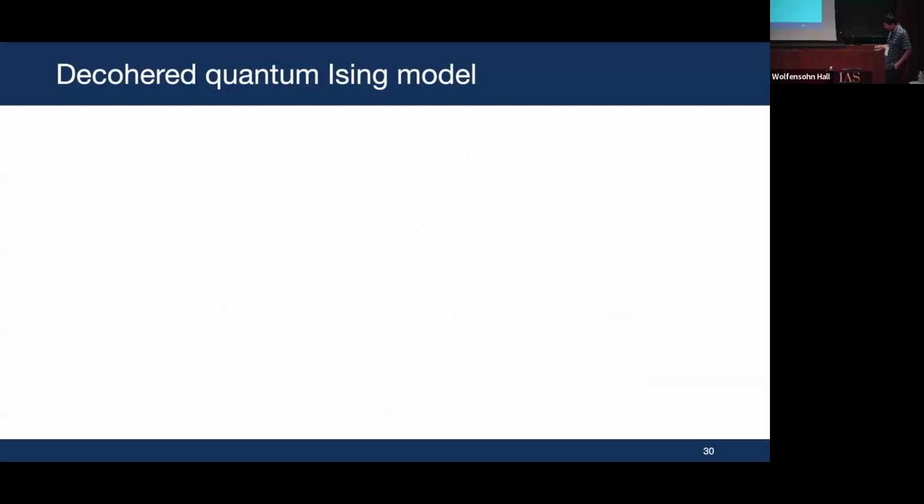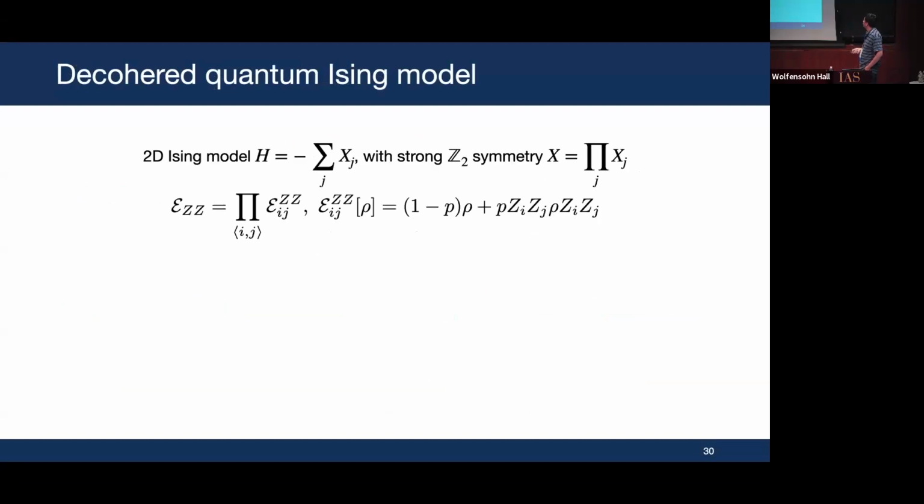All right, now let me move on to another example. This is now an example of non-thermal mixed states. The example is very simple. You start from essentially a product state. This is an example with qubits, Ising spins, and every site has X equals 1 to begin with. So I literally have a product state of X equals 1. And this state obviously has a strong symmetry. It has eigenvalue 1 under X.